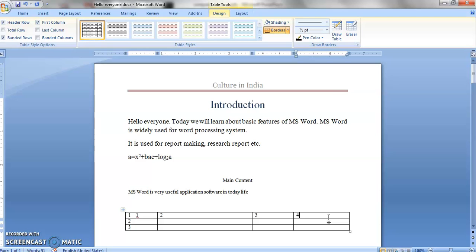This part is very crucial and important, because suppose you have to write a CV, and in the CV there is a column for academic qualification, so you have to write all these things in a table. That's why a table and its formatting is very important. So that is how we create a table. I hope you all understood this.